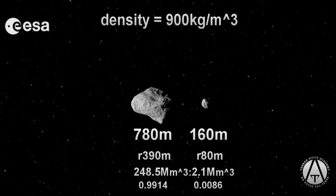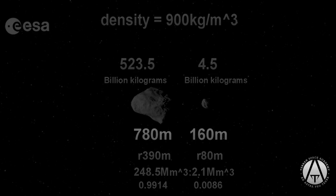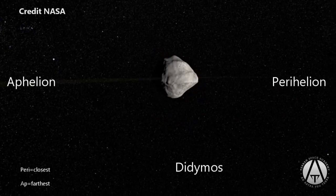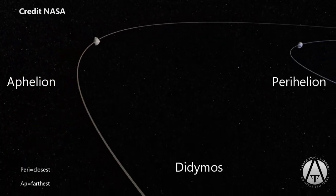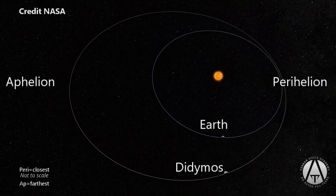If density is the same for these two, that would give the smaller one a mass of about 4.5 billion kilograms, of the total 528 billion. Didymus has a perihelion of a little more than 1 astronomical unit, and an aphelion, or farthest distance from the Sun, of 2.28 AU. This takes it from just past the orbit of the Earth to well outside the orbit